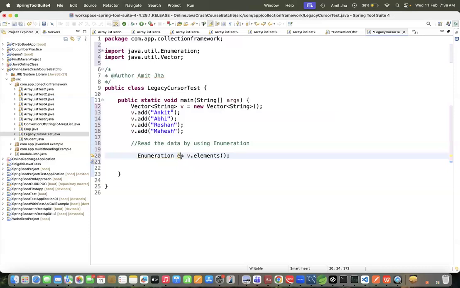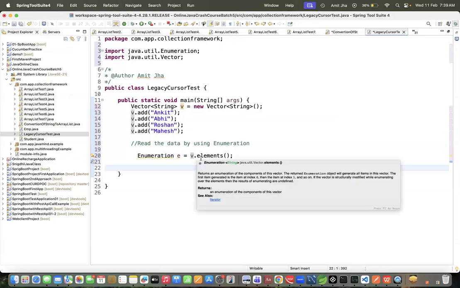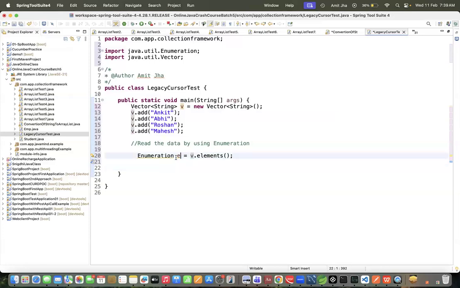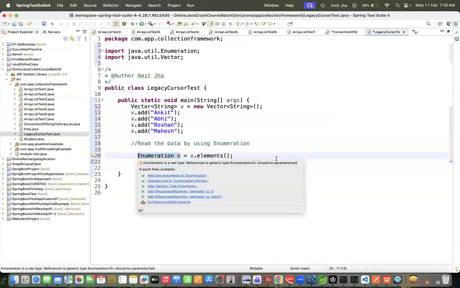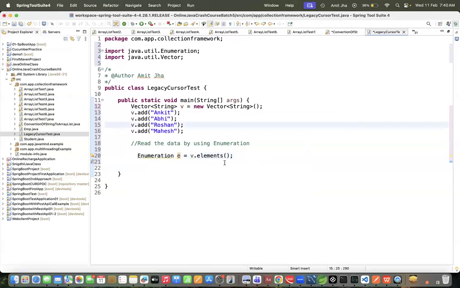So after calling v.elements, in our collection we have one method, the elements method, so it holds the Enumeration object. Tell me, any question? Why are we calling elements? Because we need the Enumeration object. Now we can perform the operation on this object.